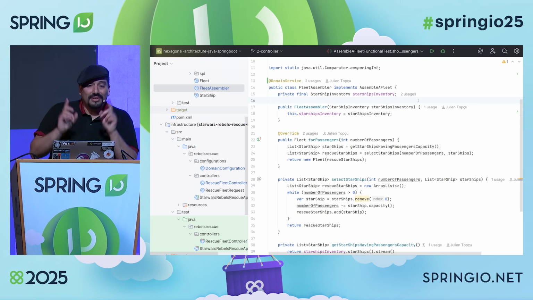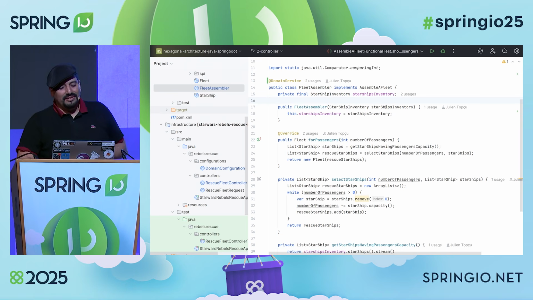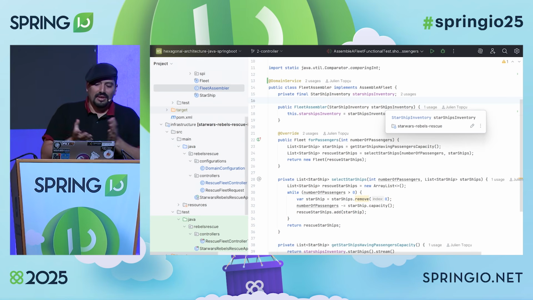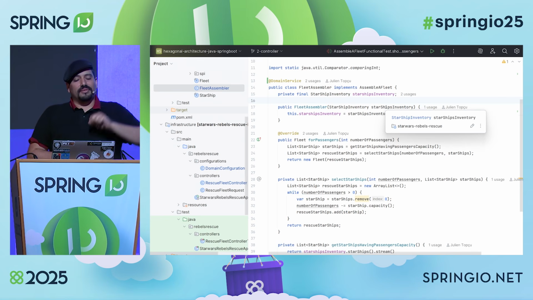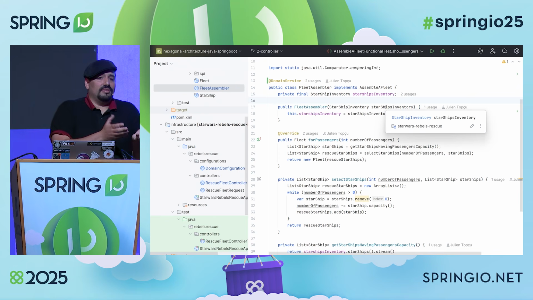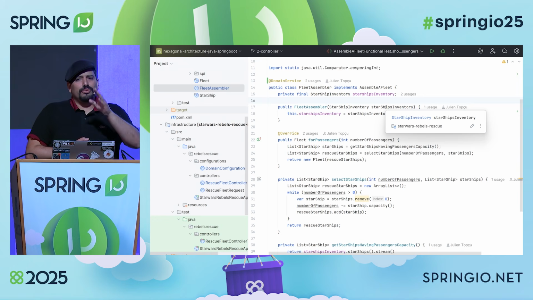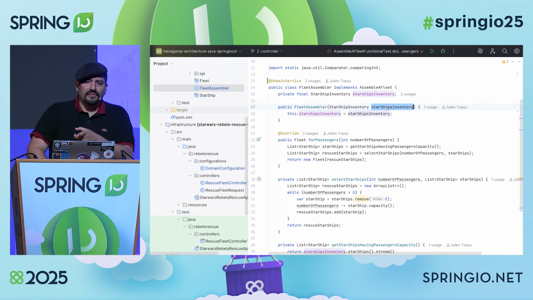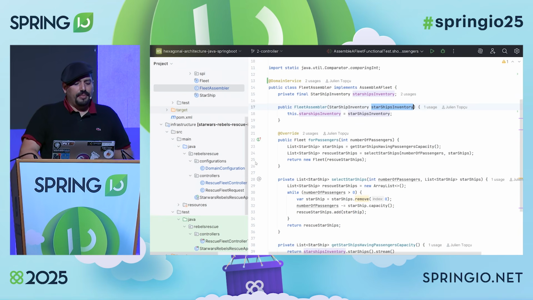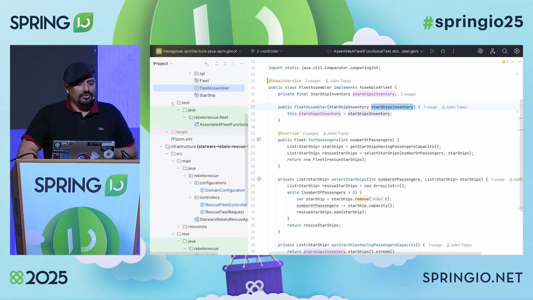Okay, but still, if you want to execute that, you need an instance of Starship inventory. Here you have two options. You can create the Swappy client in the infrastructure, or you can do what I will do now. I will simply stub it. And I will explain why just after. So, a stub of Starship inventory, we've created one already, remember? It was in the functional test.